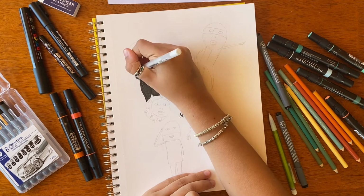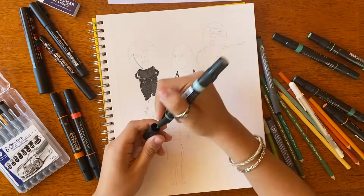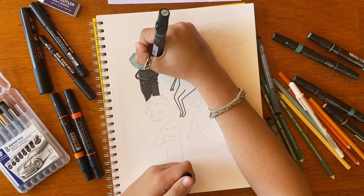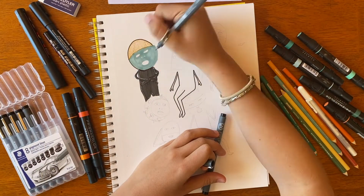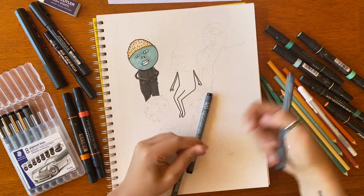I started by outlining the bodies in black and then filling them in with my Micron pens. After the bodies were filled, I realized that you couldn't really see the arms and legs, so I used a white gel pen to outline and add dimension. Then I started filling in the heads with the colors I had decided on. I used both my Prismacolor markers and colored pencils to do this, and then outlined them in black and added